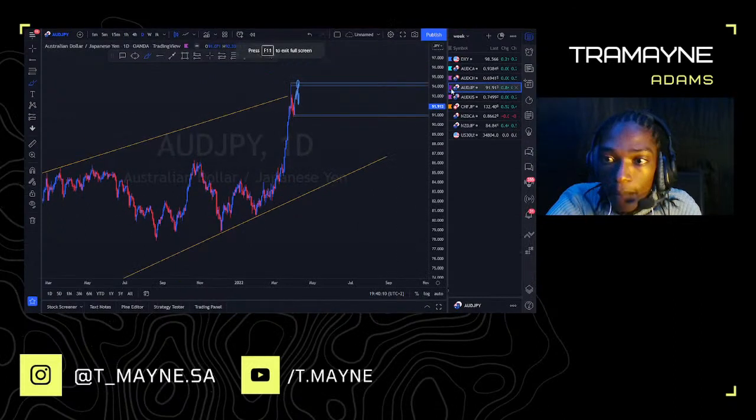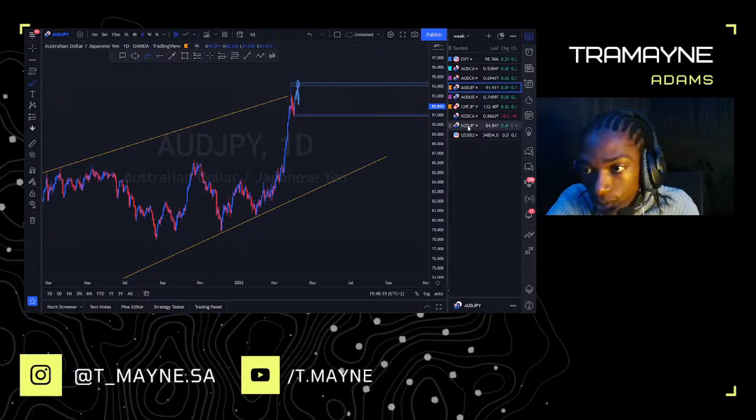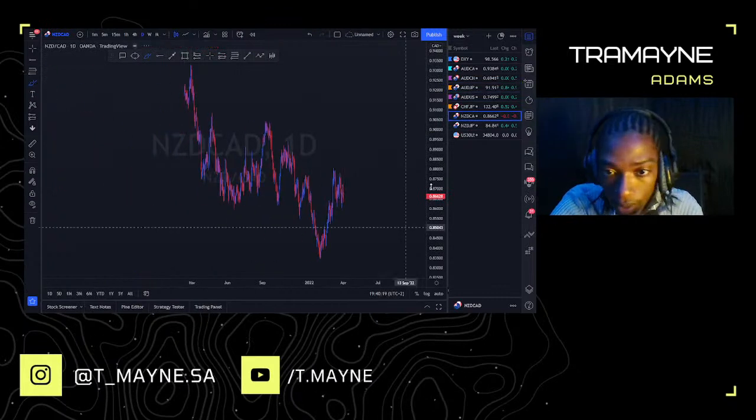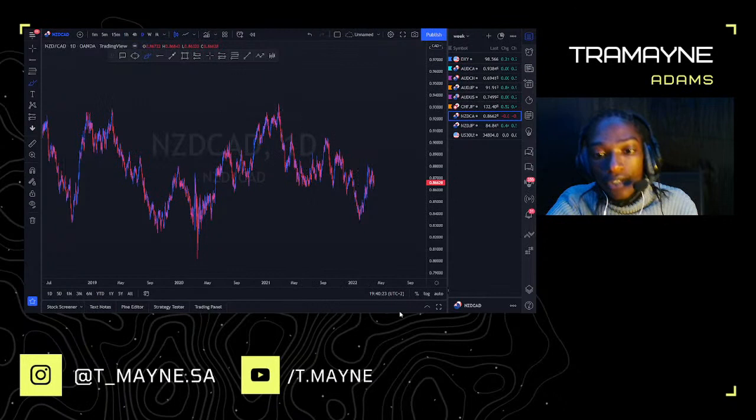Yeah, so our AJ, we can also just make that a nice orange tag, because not much we're going to do on that pair as well. Let's go into our New Zealand dollar CAD and see what we've got going on here. So looking at the overall structure on a higher time frame,